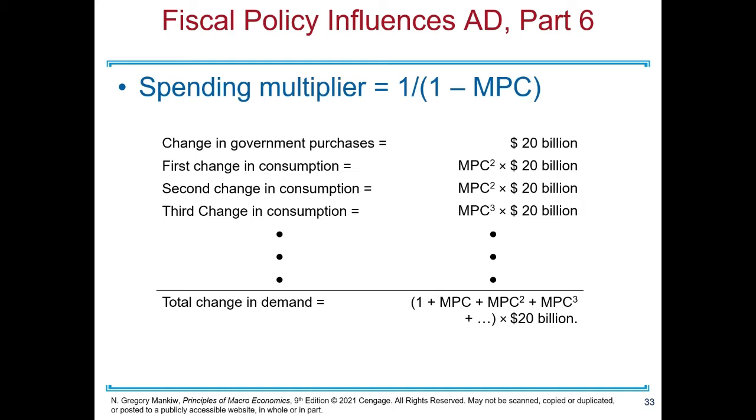Well, we're going to add the 20 billion, and then this should be a 1. So that's incorrect. I should correct that. I'll upload a new PowerPoint. And it's correct down here if you look. So it's going to be 1 plus MPC, then MPC squared, MPC cubed, and so on and so forth until forever,